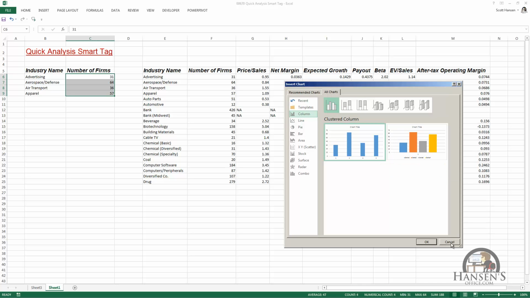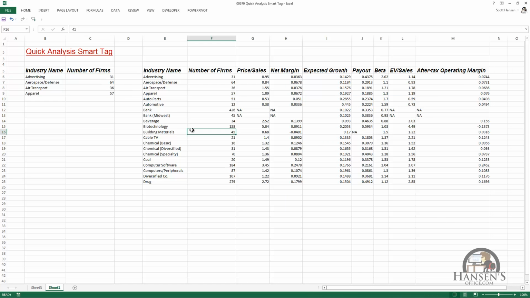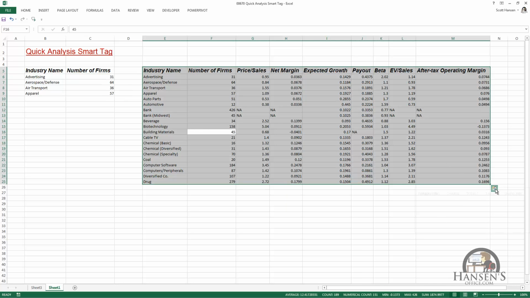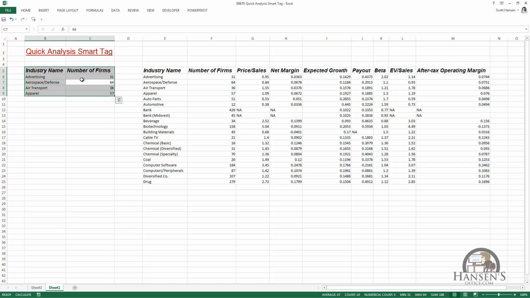I'm going to cancel this and select the other data set and go to the Smart Tag for this data set and click on Charts, where we see we have a different array of charts that are offered because Excel has calculated that this data would be best plotted on charts that are different than the charts that were offered for the first data set. I'm going to escape out of that and go back to the first data set and go back to the